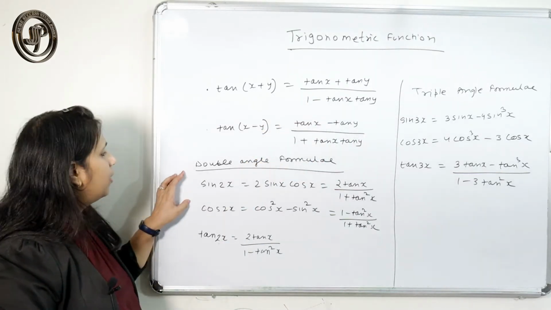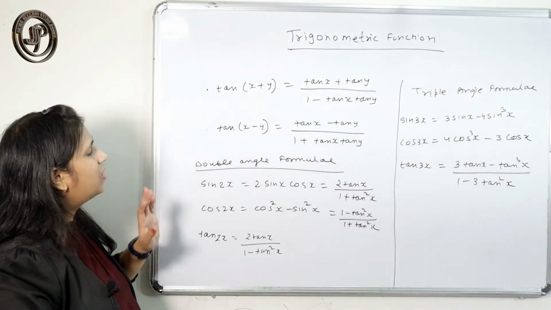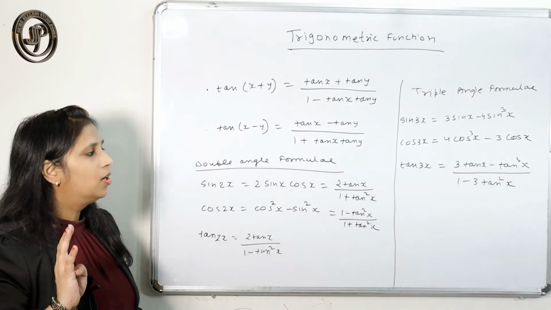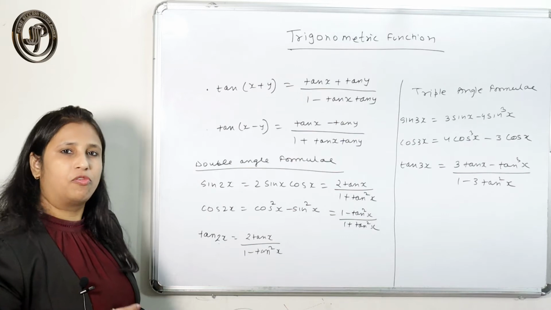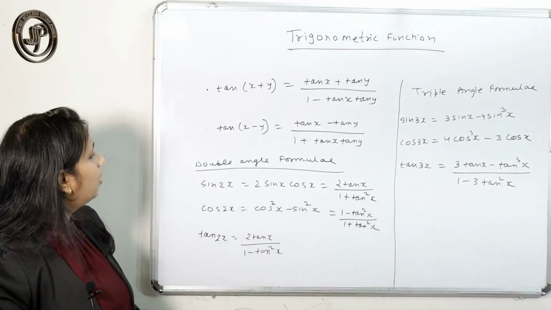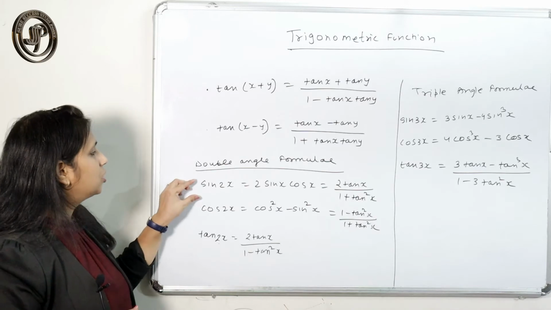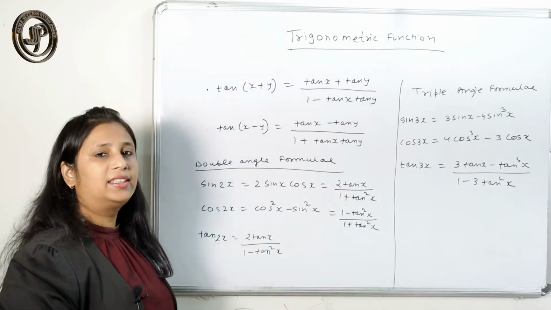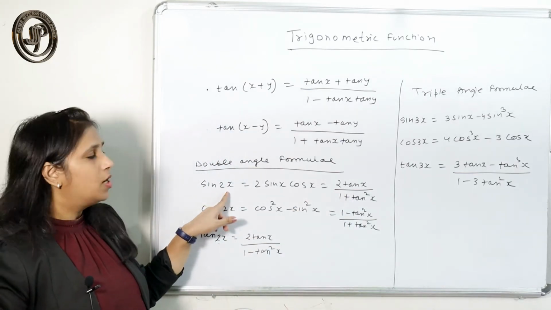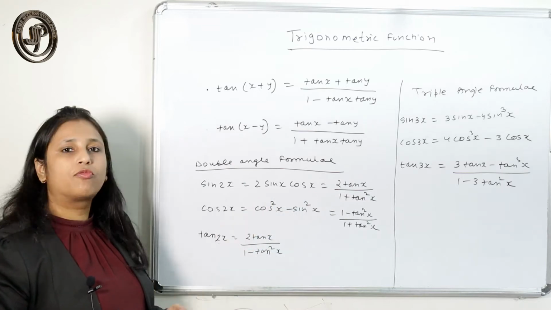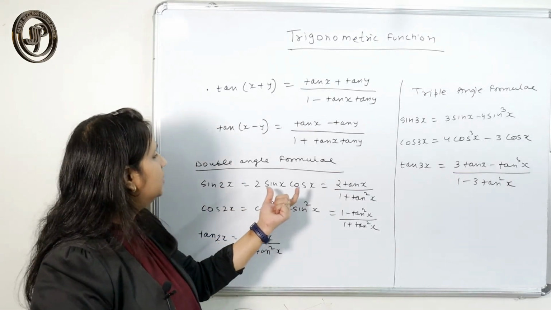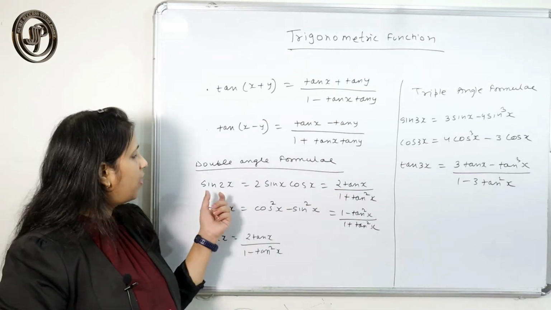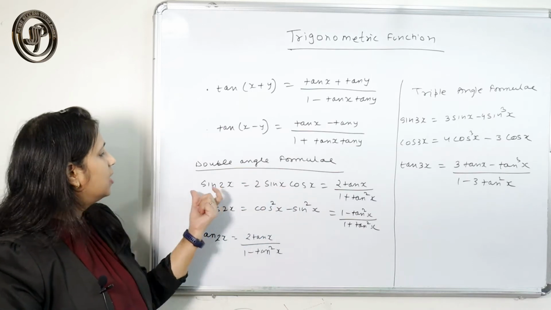Okay, double angle formulas. We have seen the sum and difference formulas, like the sum and difference formulas, 4 sets and plus 2. Now the double angle formula: sin 2x is 2 sin x cos x, and in terms of tan x this sin 2x formula is also required. So generally you just have to apply this formula, but you should know sin 2x in terms of tan x also, which is 2 tan x upon 1 plus tan square x.